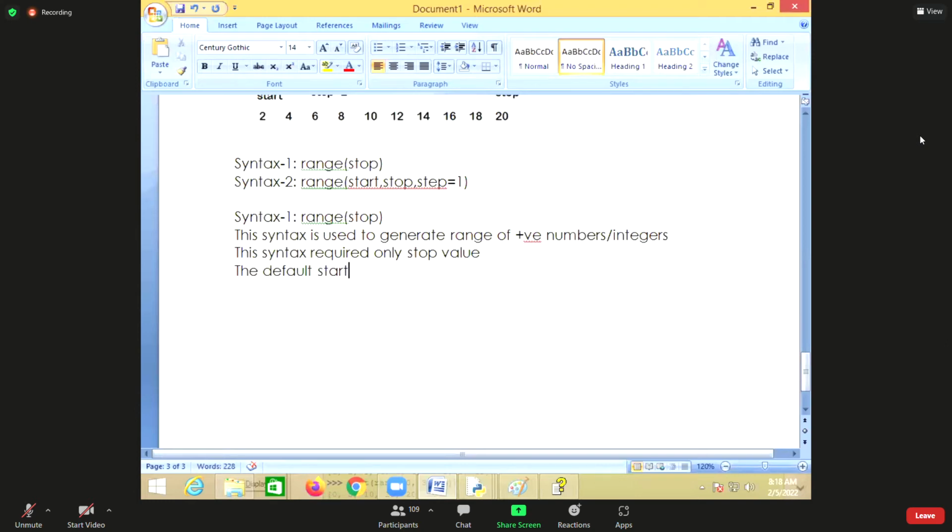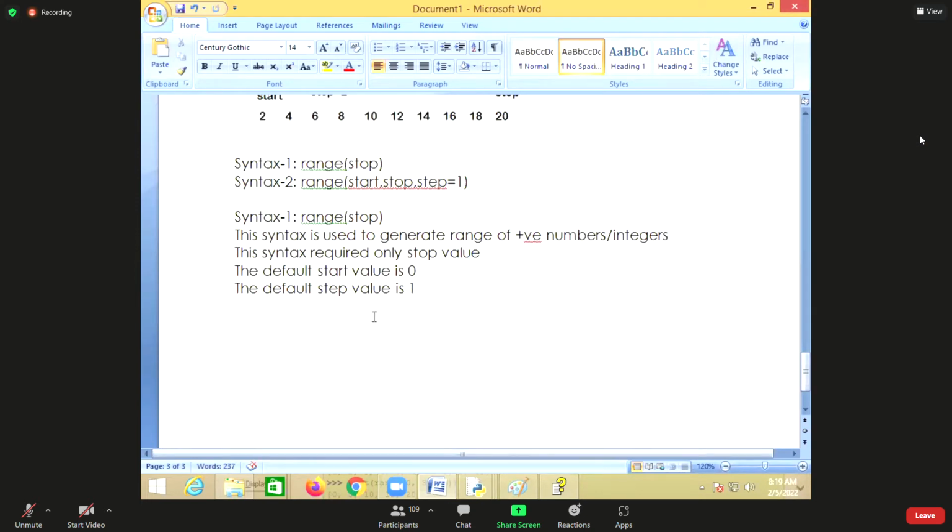If you don't give the start value, the default start value is 0. It starts from 0. And the default step value is 1, meaning plus 1.